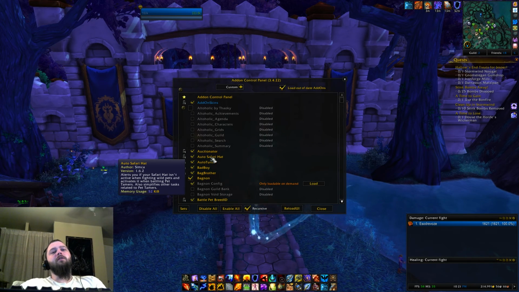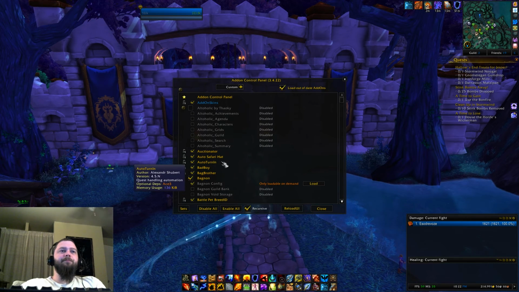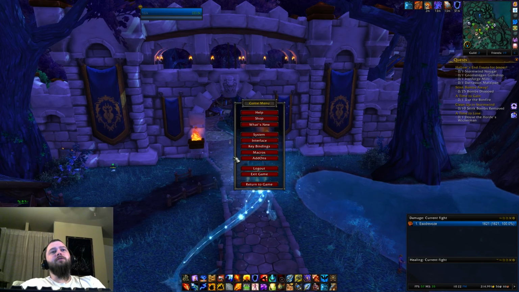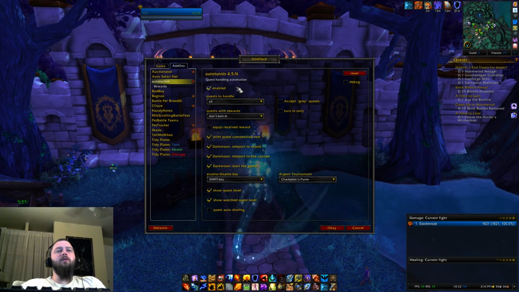So the first part's true, but I don't think the second part's true anymore, because that pet hat is now a toy instead of an item, and I don't think it auto-activates it, but it still will tell you if it's not active, and it will still auto pick up and turn in the pet tamer daily stuff for you. Auto turn in is strictly for questing, and it automatically will pick up and turn in quests,